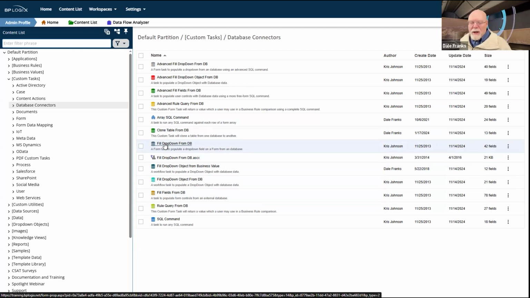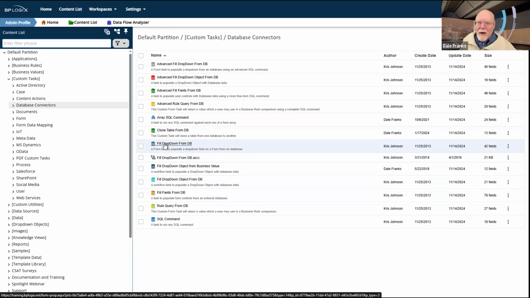And the drawback to these custom tasks is, while they worked just fine, that you had to constantly recreate the same custom task on multiple forms to fill a very similar dropdown that you were going to use on multiple forms.